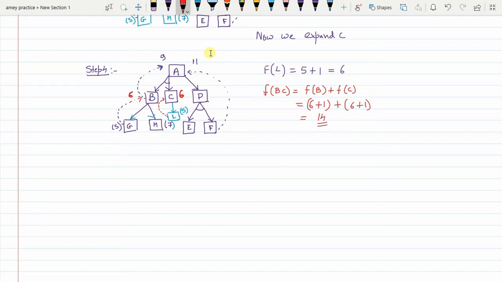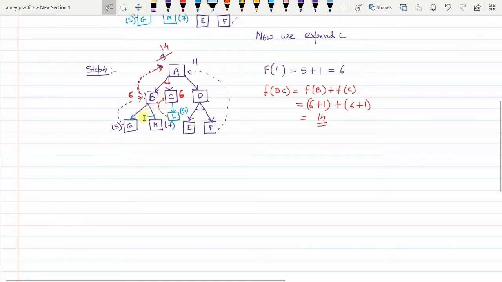Okay, so the f value that you get here for BC will be 14, which will be backed up to the parent. The value that will be backed up to the parent will be 14. So the previous value of f will be cancelled and now the new value will be 14, right, in step 4. Now at the end of this step, at the end of step 4, the algorithm can easily see